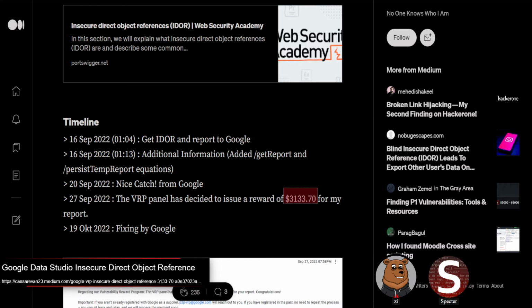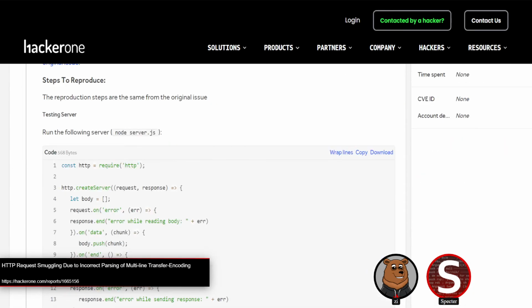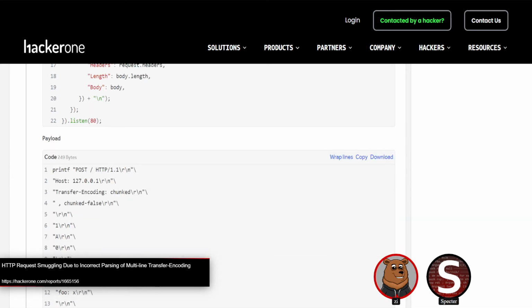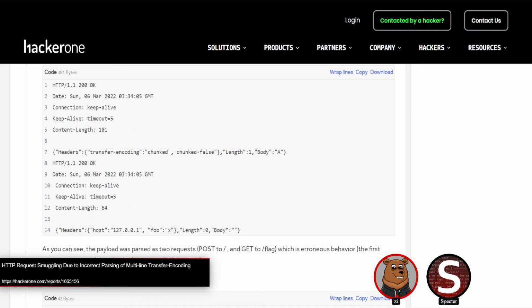And yeah, all right, so we'll get into our last topic here, which is an HTTP request smuggling report that was reported in Node.js on HackerOne. And Z, I'll let you take this one. And this is yet another interesting or unique bug. So first off, at its core, the issue is that Node, when it gets a new request coming in, trying to process it,